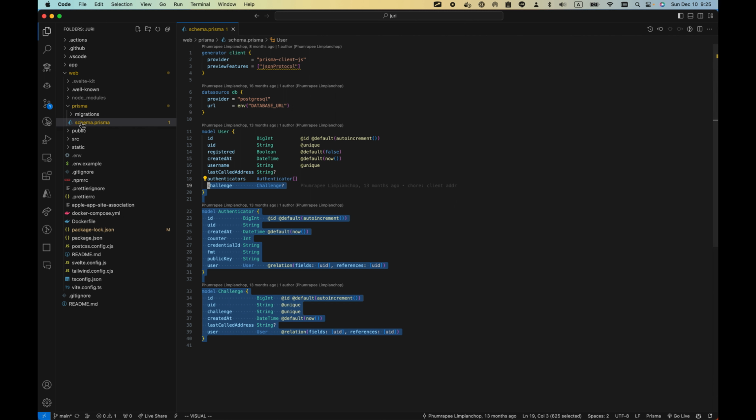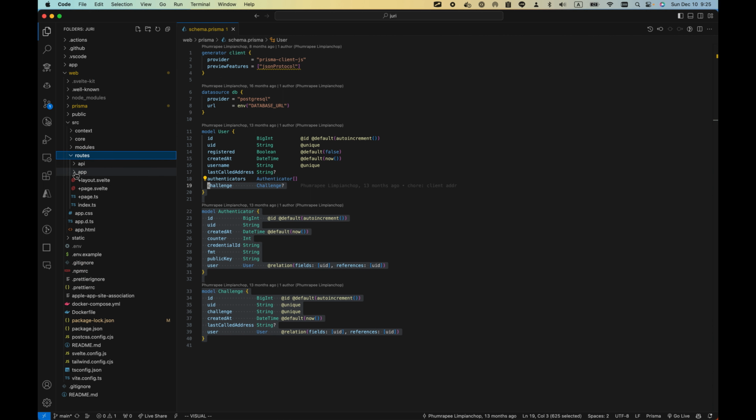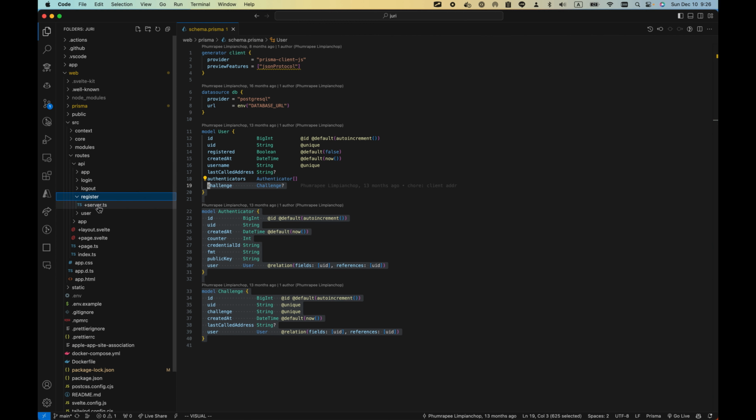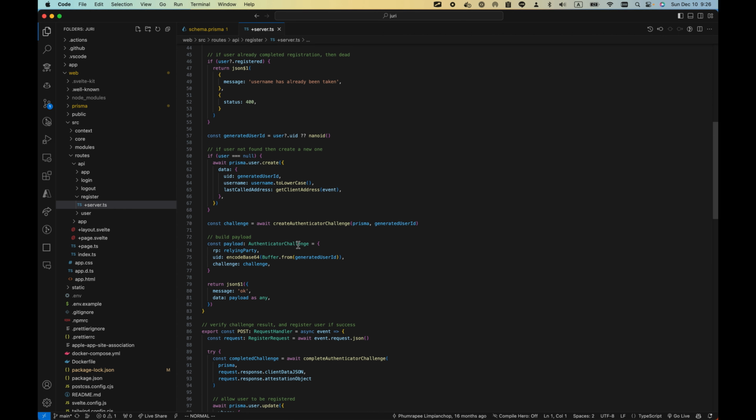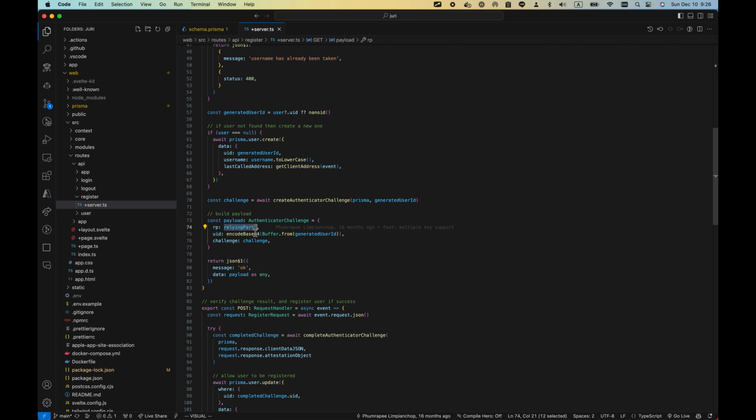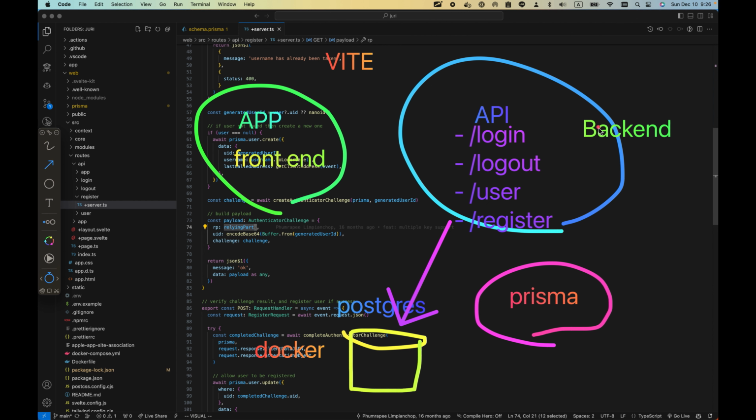So let's go to what is causing this: web source routes and API, the backend, right? Register. Okay, so it's saying something here. So authentication challenge. So this is where they're making the challenge. So basically, like I said, when this backend verifies the signature, they need to first